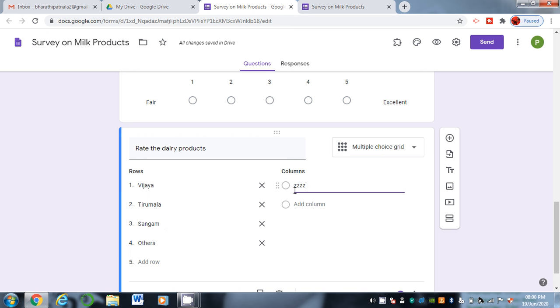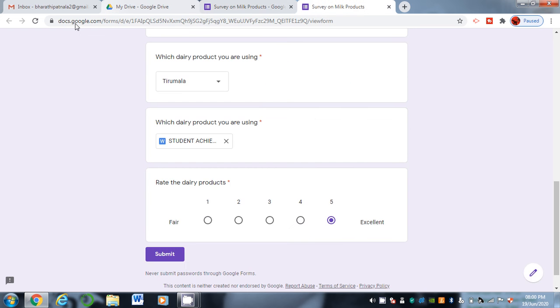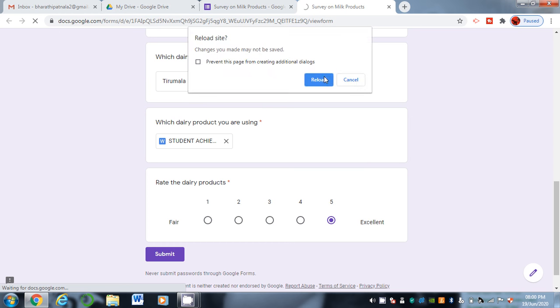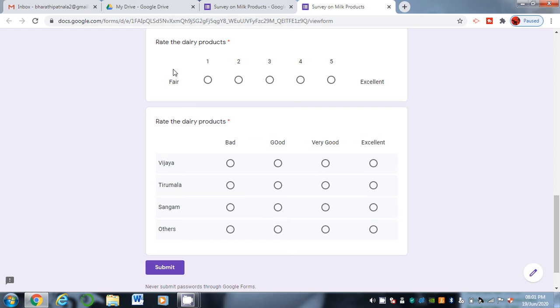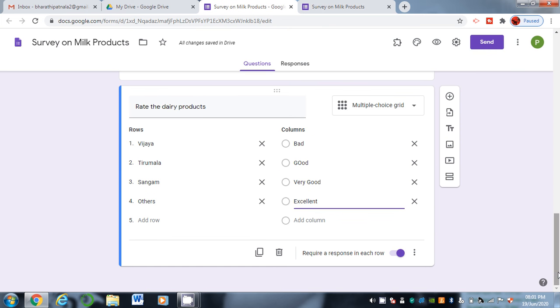For example, I want to give the ratings bad, good, very good, as well as excellent. Okay. Now you can see the difference between linear scale and multiple choice grid. In linear scale you have to rate only one product, and in multiple choice grid you can take various items with multiple ratings. Okay, next,